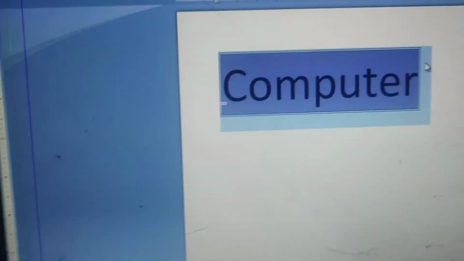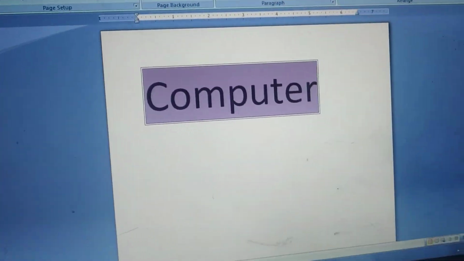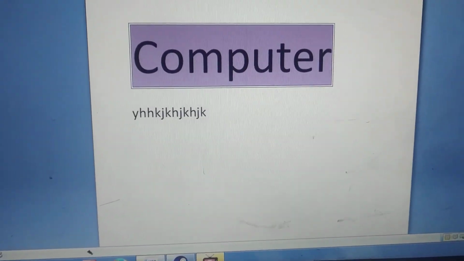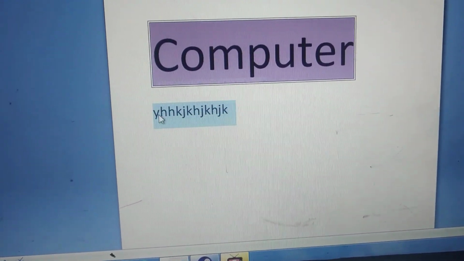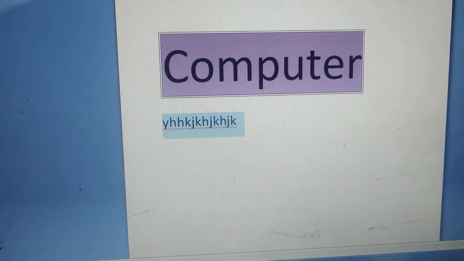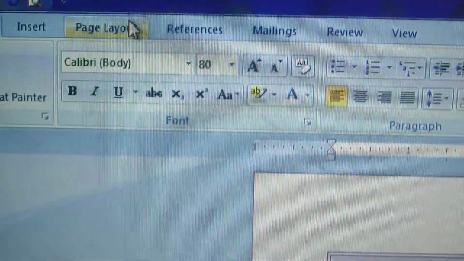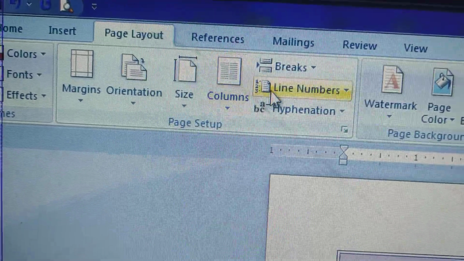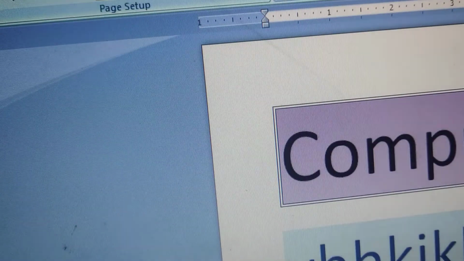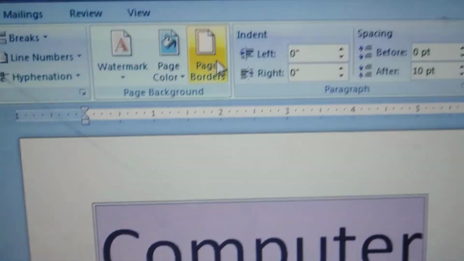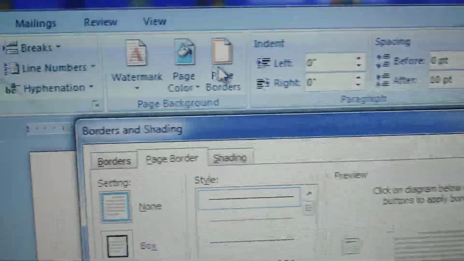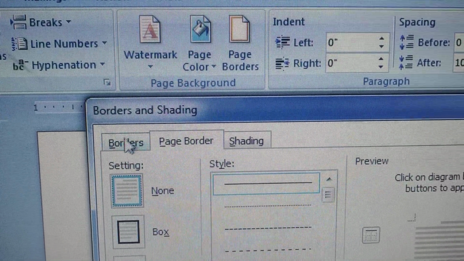I will write something over here. Okay, and I will raise the font size of this text so you can see. Again go to page layout, page border, and here only border.